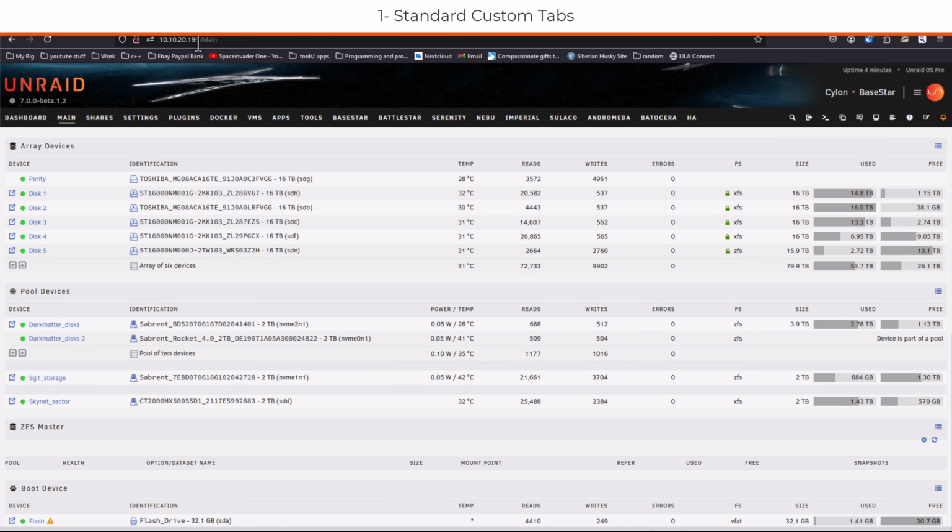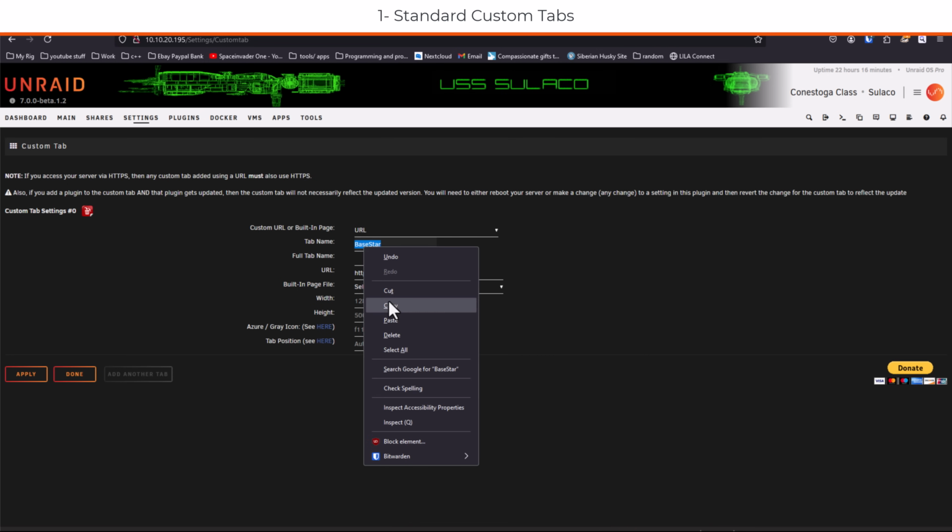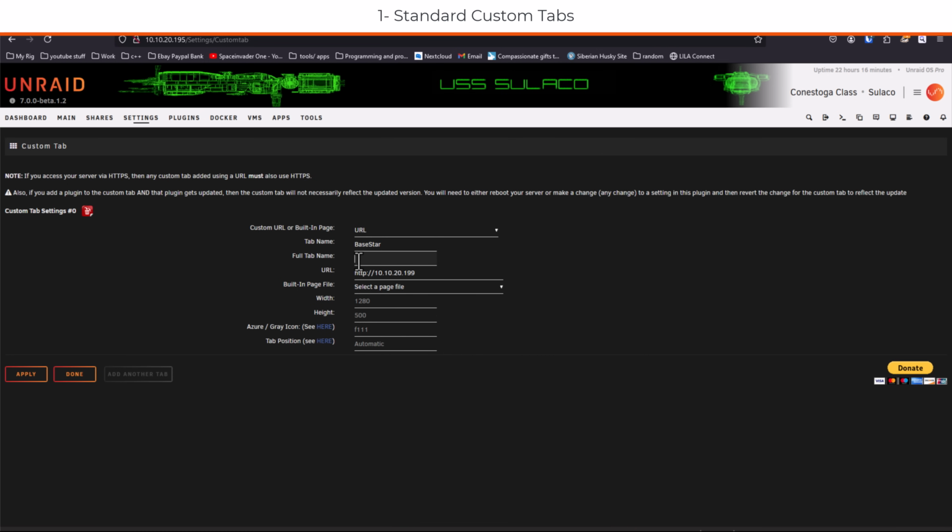So I'm going to quickly switch across to my main server here. I'm going to grab here its URL. And then let's paste it into the section called URL here. And I'm going to give it a name, and I'm going to call it the name of my server, which is BaseStar. And also I'm going to make that exactly the same for the name underneath the full tab name